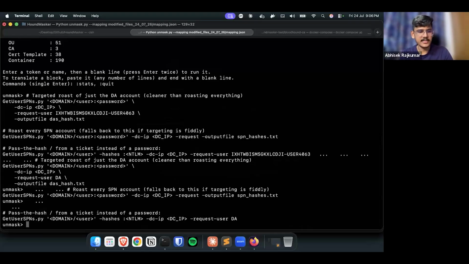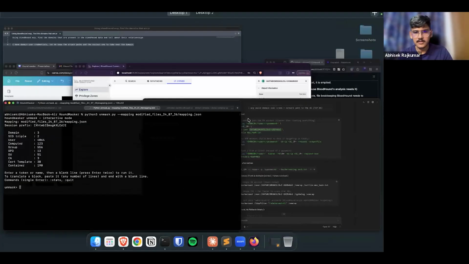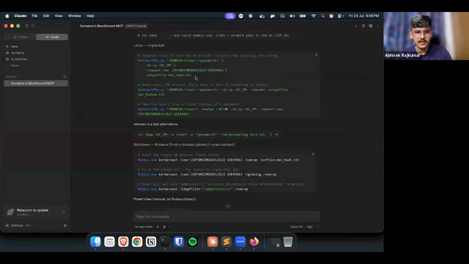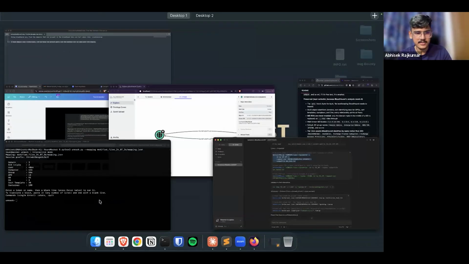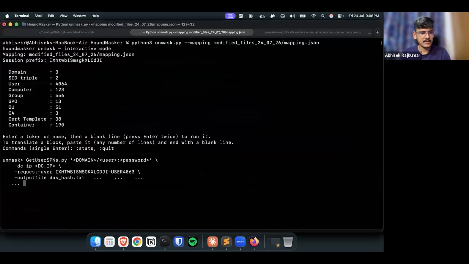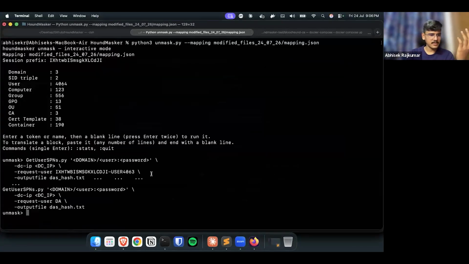Oops, it's not clear. Let me rerun that. Let's do it step by step. It's not really showing well. So taking this, let's replace that. Once you do that, it's going to show you the username. It's called DA right here.